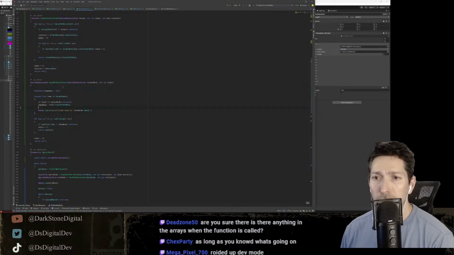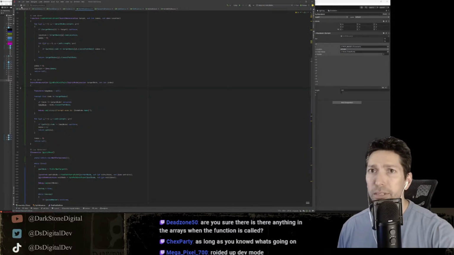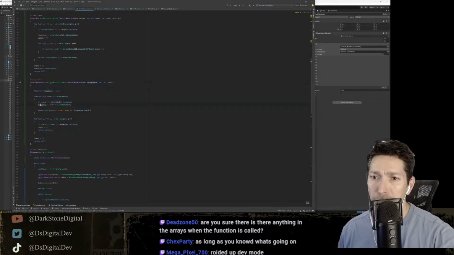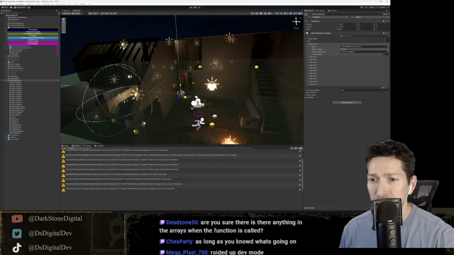Cool, whatever. So now we're going to have to go through this step by step just to really break apart what's happening here. So we get our target node. We find it. It should be the same. Let's find out.